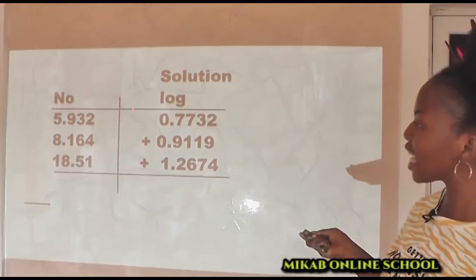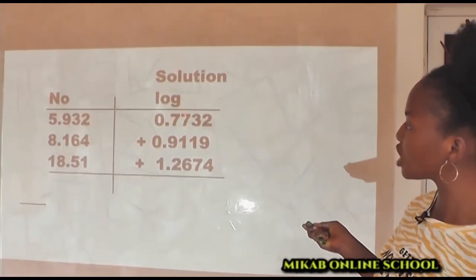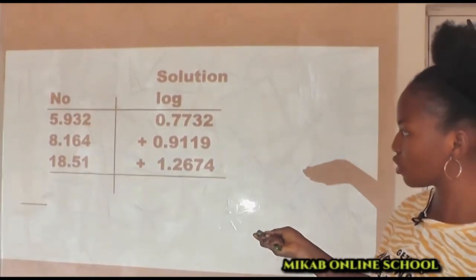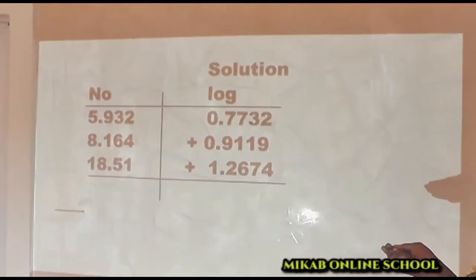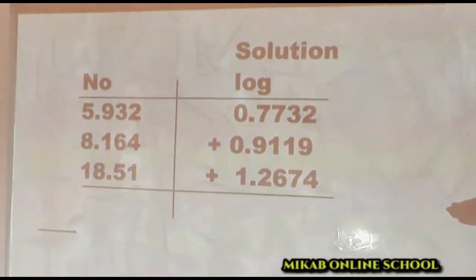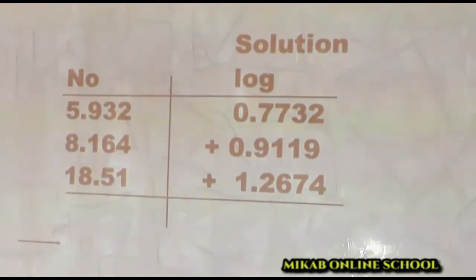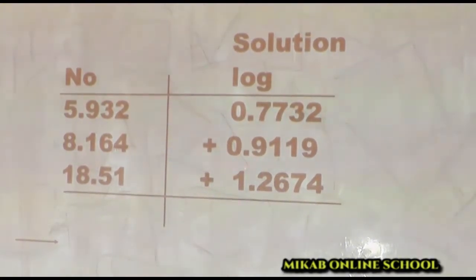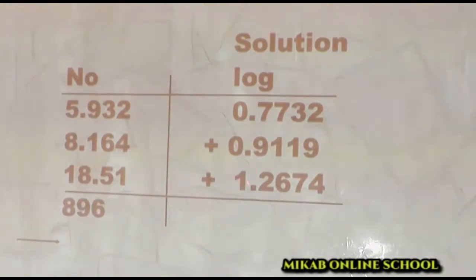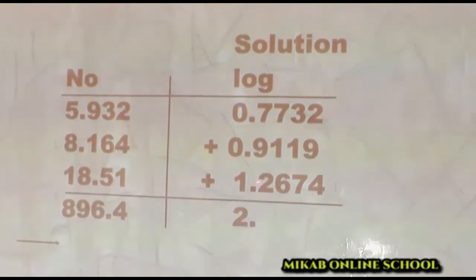So 10 raised to the power of 0.7732 will give this, 10 raised to the power of 0.9119 will give 8.164, and 10 raised to the power of 1.2674 will give this. So you will agree with me that all these numbers have a common base, which is 10. So we are going to be adding all of this according to the laws of